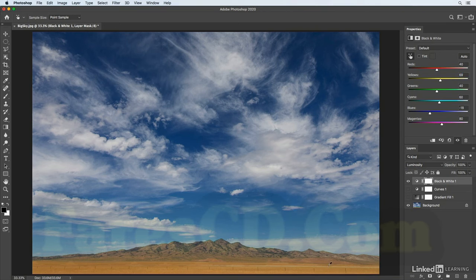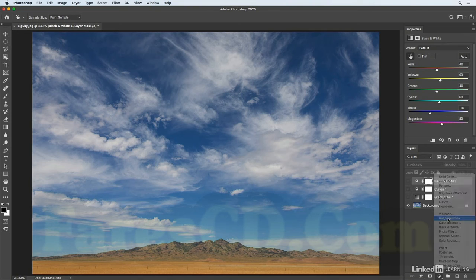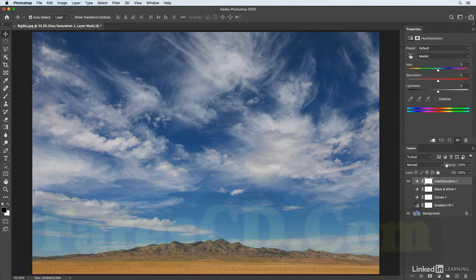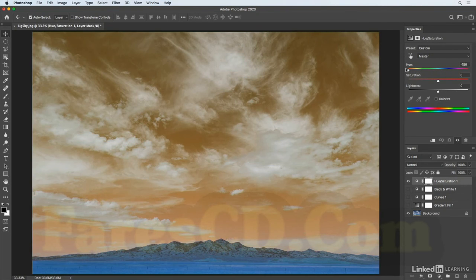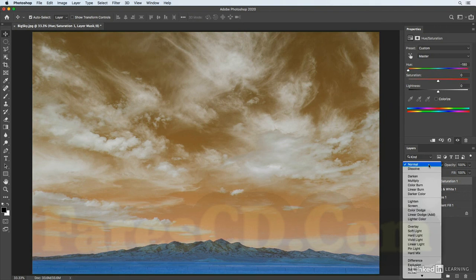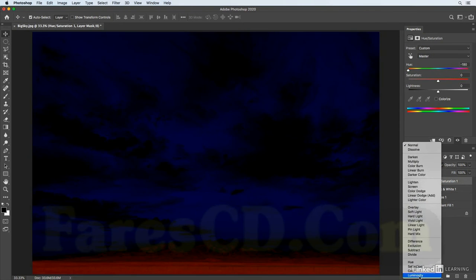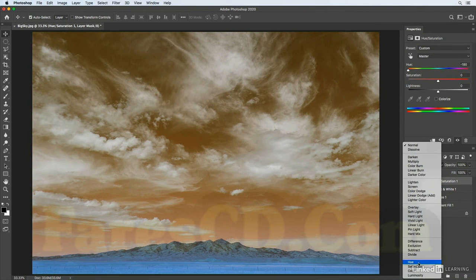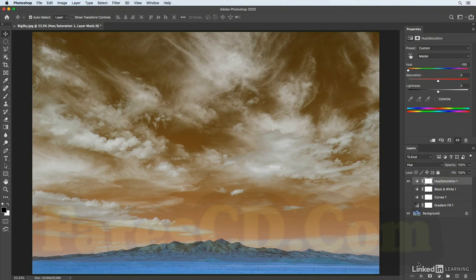Finally, in the last example, I want to change the hue, so I'll add a hue and saturation adjustment layer. Even though I'm not going to touch the saturation slider, when I move the hue slider around, it is actually changing the saturation. So in order to isolate it to only change the hue, I will select that blend mode, preventing the other components in the image from being affected.